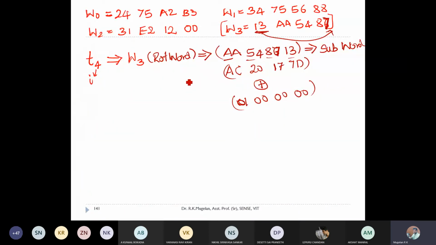So you have to XOR these two hexadecimal values. If you XOR this one, you'll be getting the value for your T4. Can anyone XOR these two and tell me the answer in hexadecimal in the chat box?